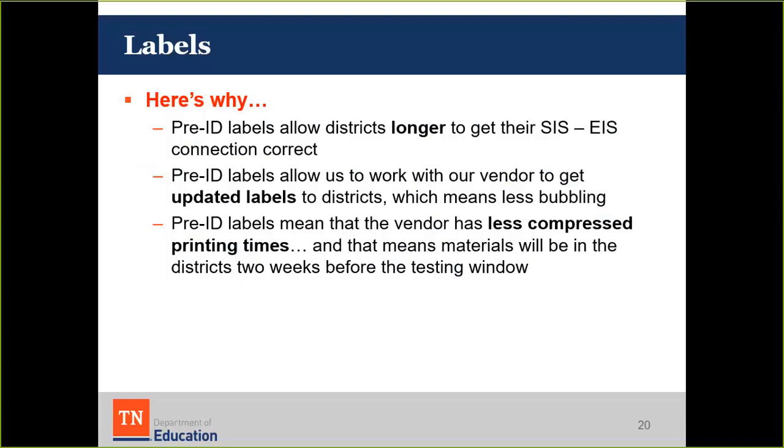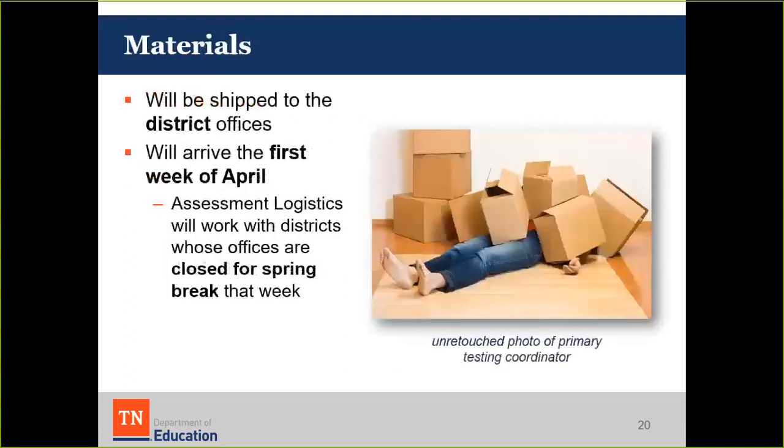Finally, pre-ID labels mean that the vendor has a less compressed printing time, and that means that your materials will be in the district 2 weeks before the testing window. And that means that your materials, which will be shipped to district offices, will arrive on the first week of April. Now, Assessment Logistics, our group, will be working with districts whose offices are closed for spring break that week,